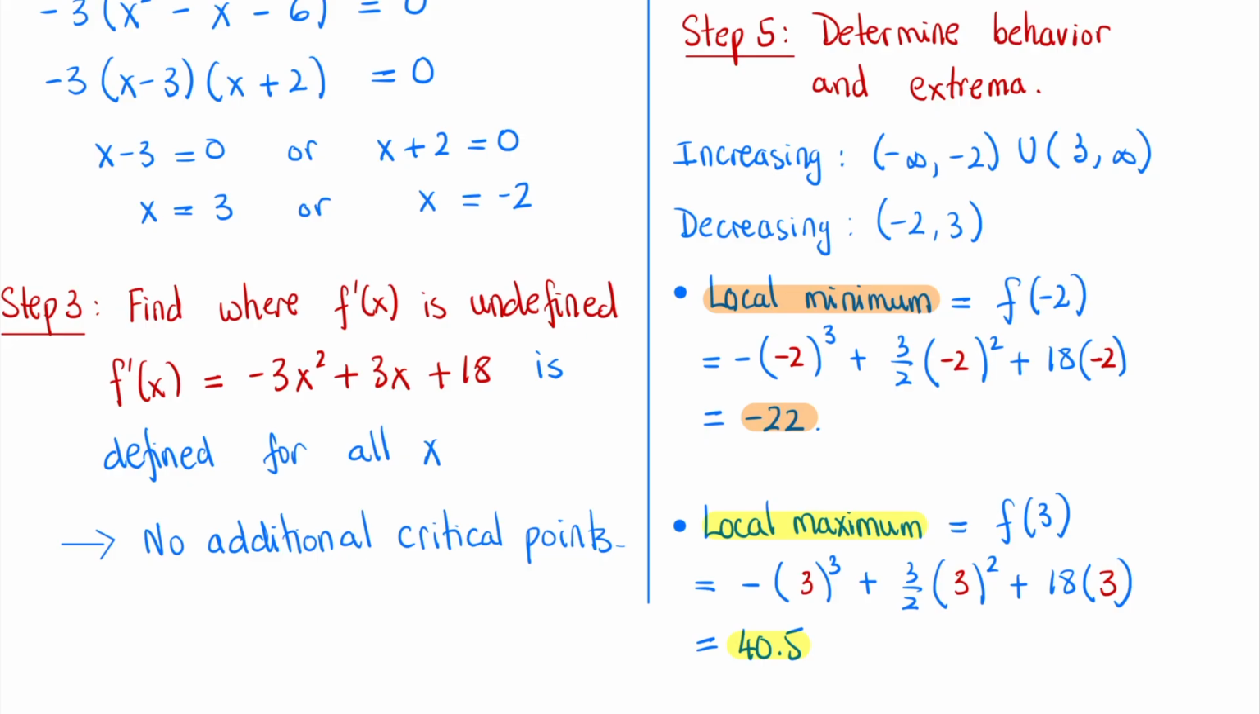So my local minimum is negative 22 at x equals negative 2. My local maximum is 40.5 at x equals 3. If the question only asks for the local minimum and the local maximum values, then the answer is negative 22 and 40.5. However,